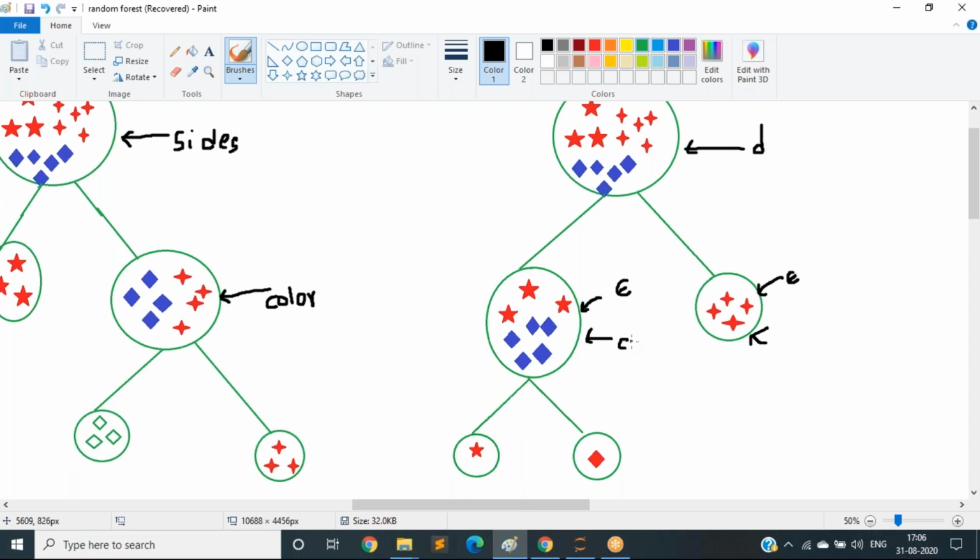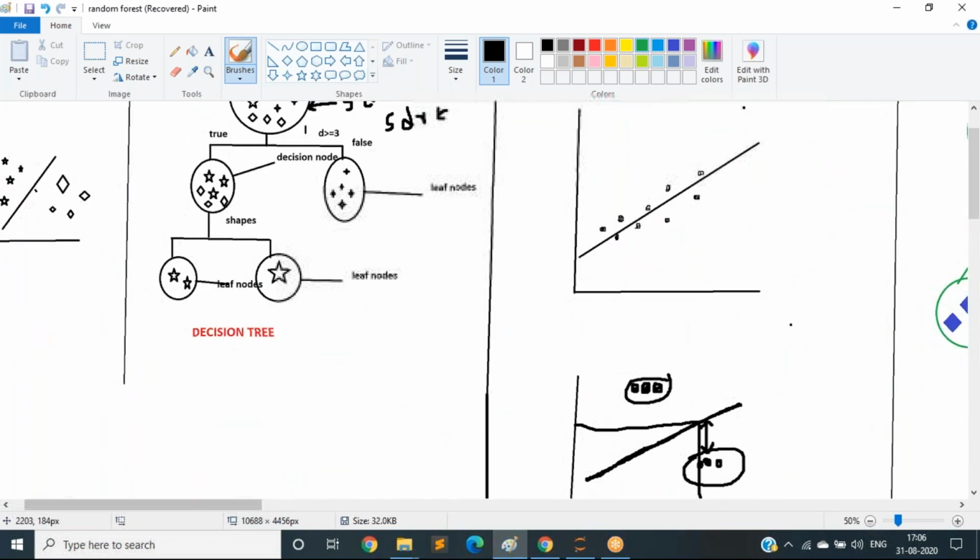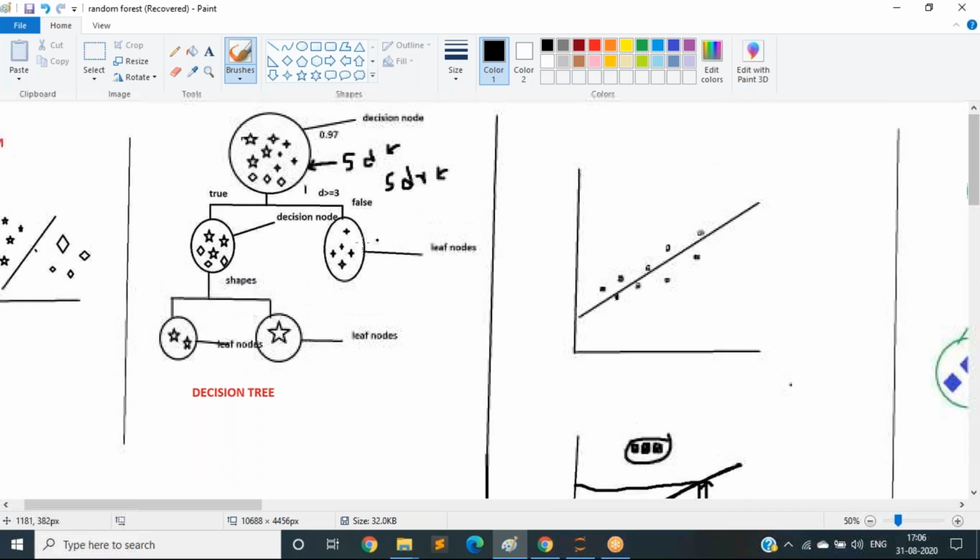It can take color here now. See, in the decision tree, it is taking only one decision and that's it. It is not taking all the possibilities to split your data. From all the possibilities, it considers only one out of all and decides from only one tree.